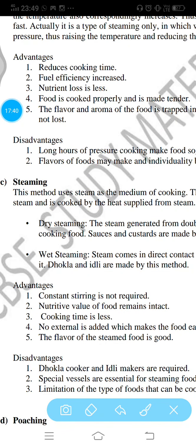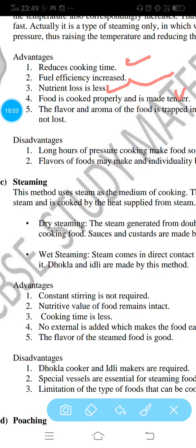Advantage, let us see fast what are the advantages. First of all, because it is inside the cooker, less time it will take. Then fuel efficiency increases, because you are going to cook the food fast. Whatsoever nutrients are there, their loss will be less, because you are using the cooker and the nutrients are circulated inside it only.